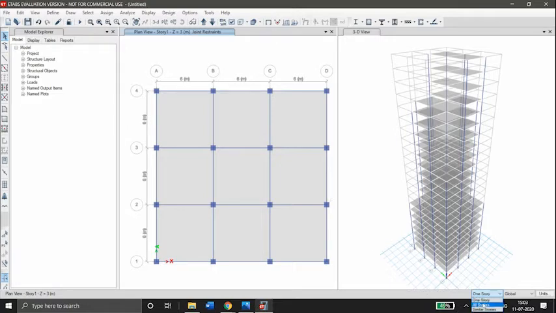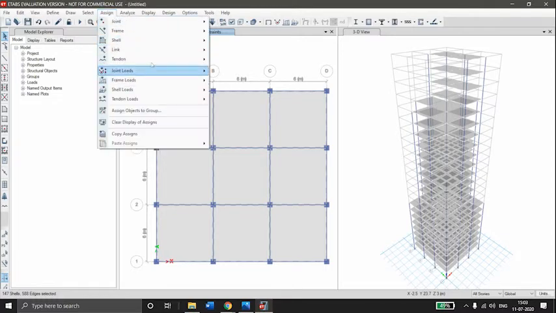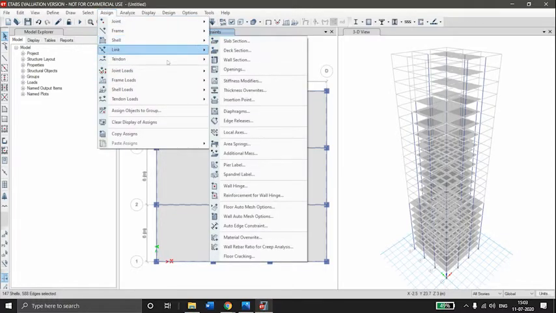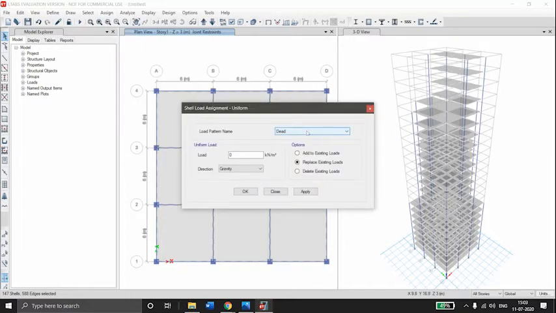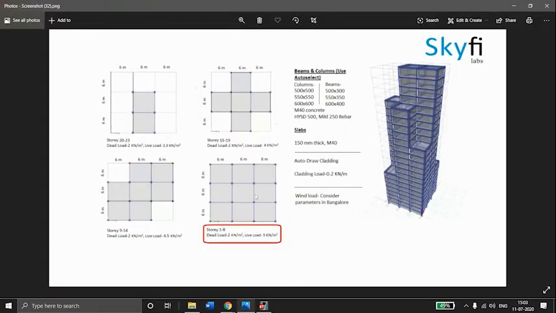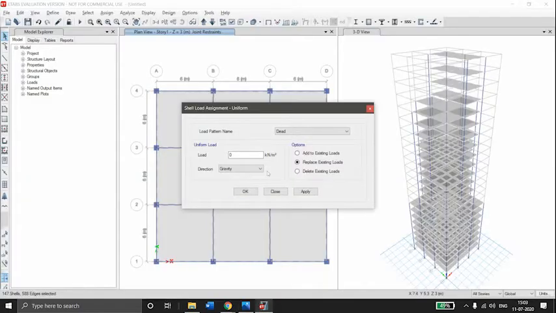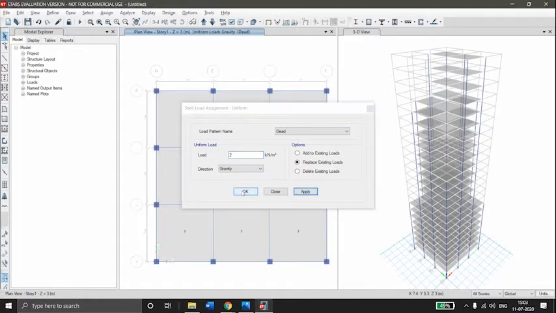Go to all stories option. Select all the slabs. Assign shell loads uniform. Load pattern is dead. The dead load is 2 kilonewton per meter square on every slab. So add 2, apply, OK.